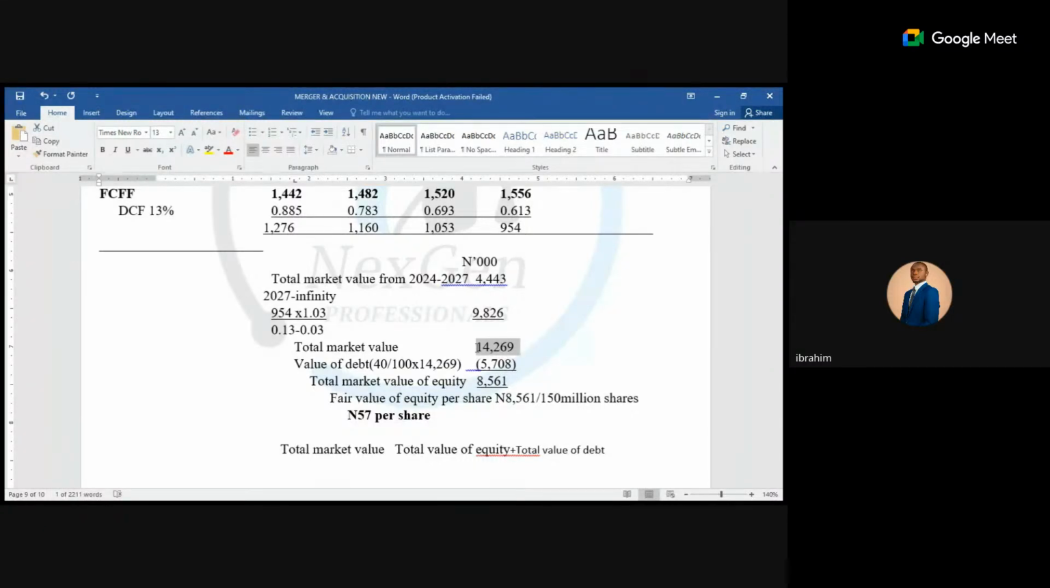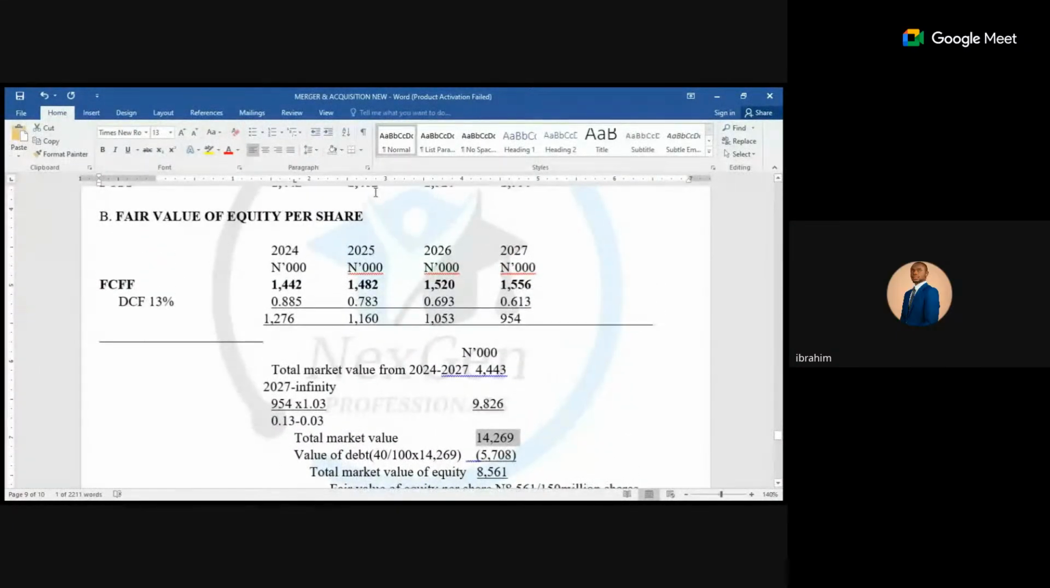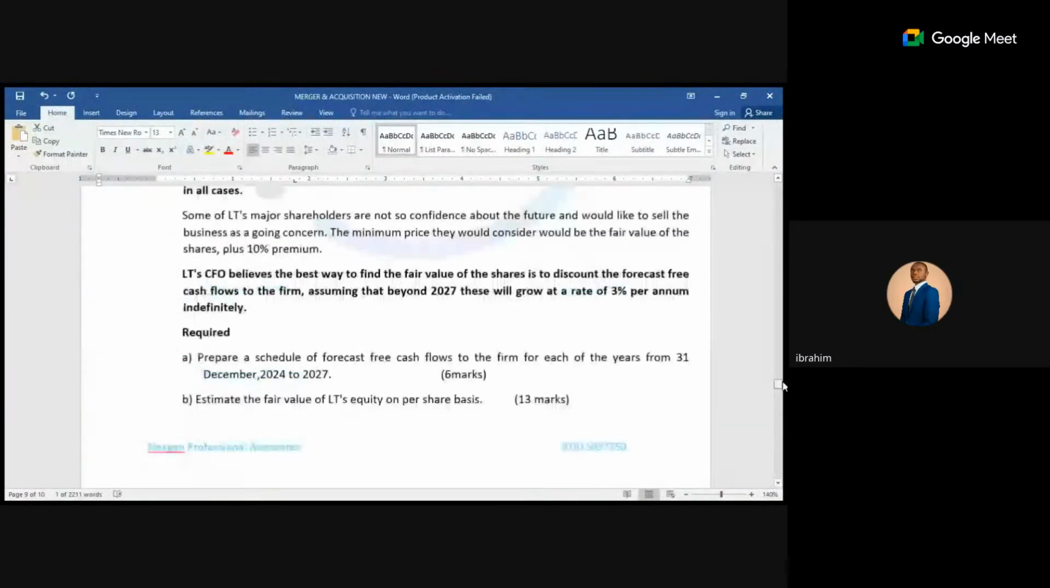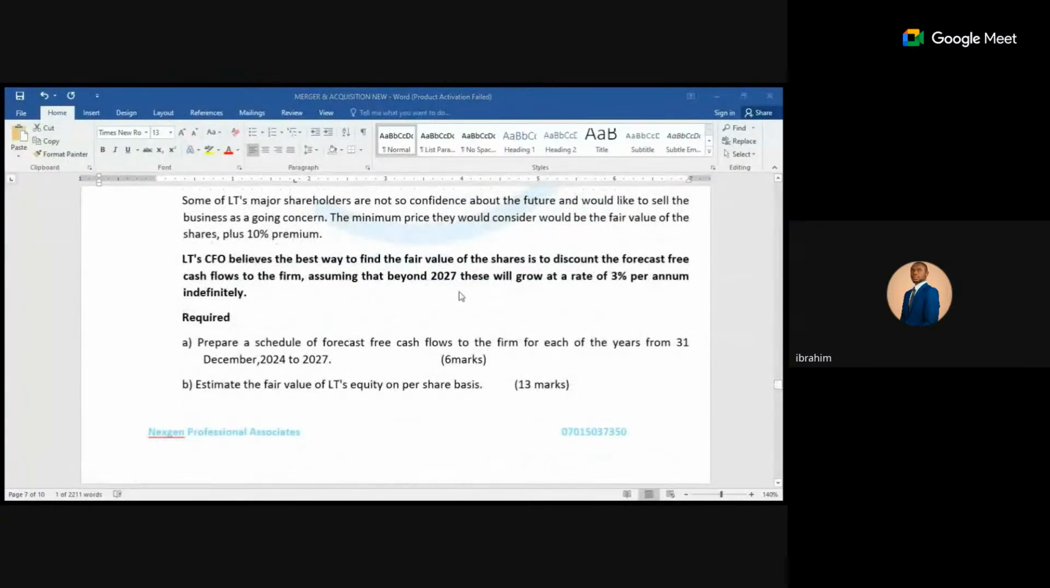If the examiner said, what is the fair value of the company, you know that it is both equity and debt. You can see the examiner wants to see how you will arrive at the fair value of equity per share. And don't forget, the CFO believes the best way to find it